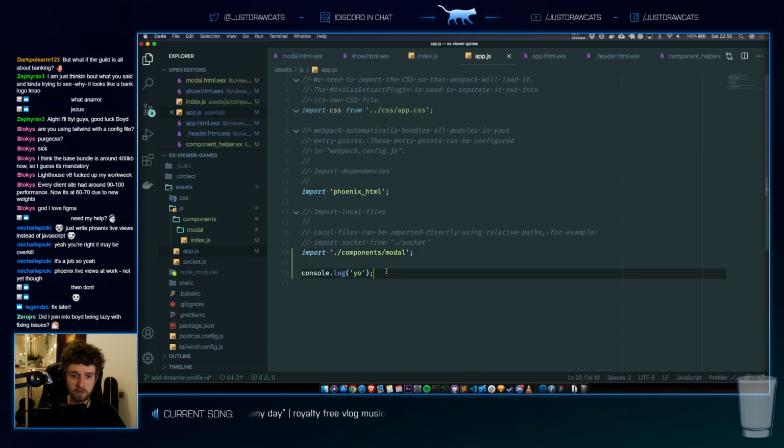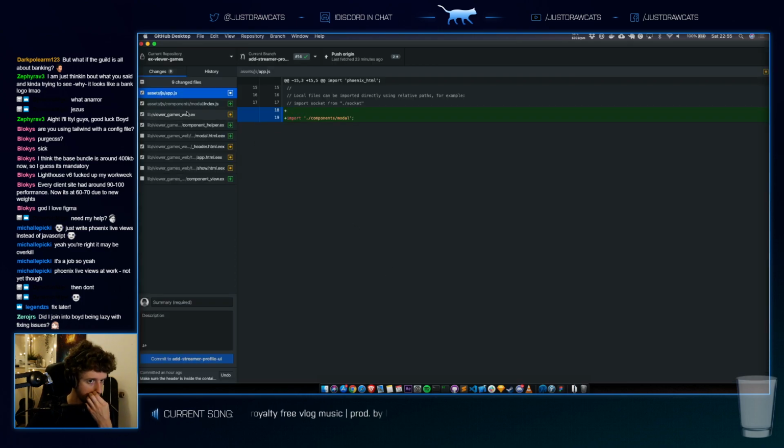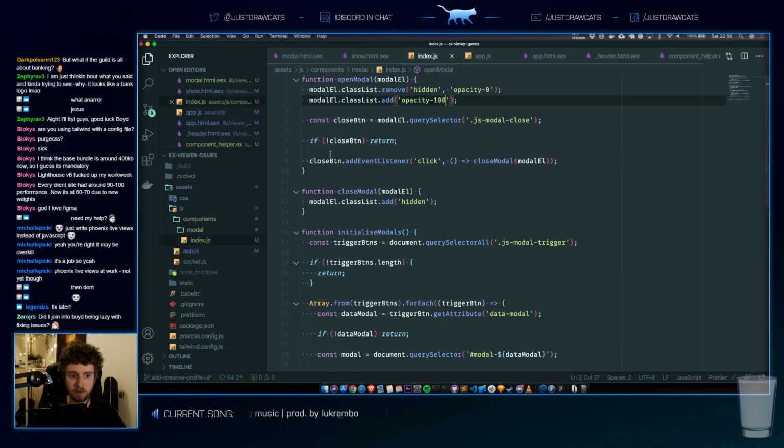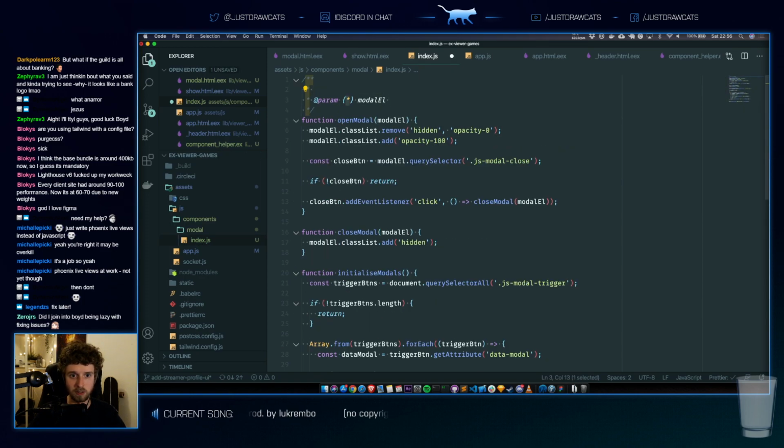App.js. Even though I'm probably not going to keep it, I still want to make sure that we add some doc blocks here.